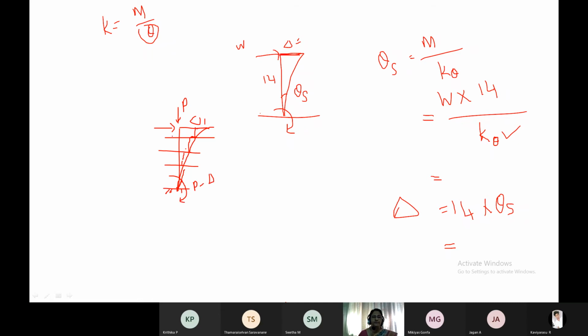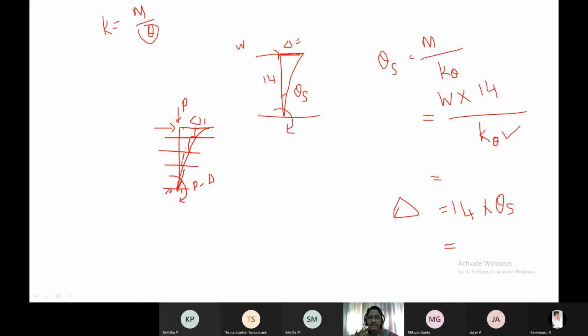Understood? This gravity load is multiplied with the deflection delta that is happening due to the lateral load. It is not a big value. We have seen the delta value is a very, very minimum value. But in some cases, the accumulation of all these delta values from the top story to the bottom story, when it comes to the bottom, may give an additional moment. You must not have designed the structure for this moment, this P delta. So this is an additional moment that is coming on the structure. If at the design stage this effect is not considered, the building will have a chance of failure due to heavy lateral load.